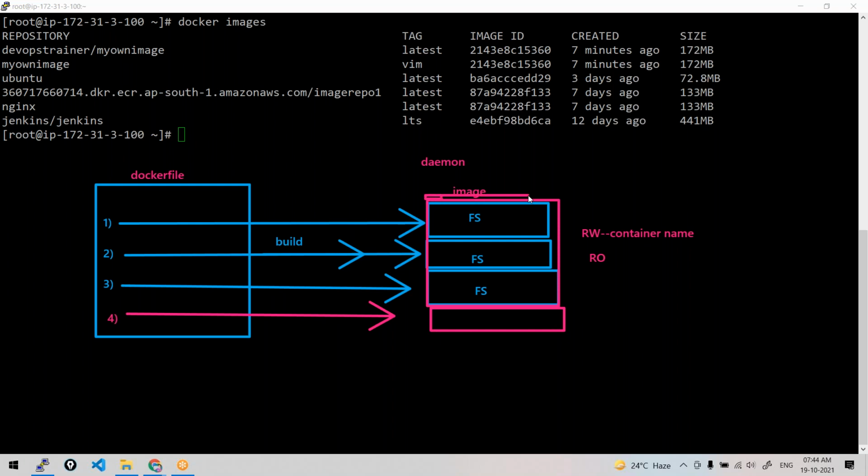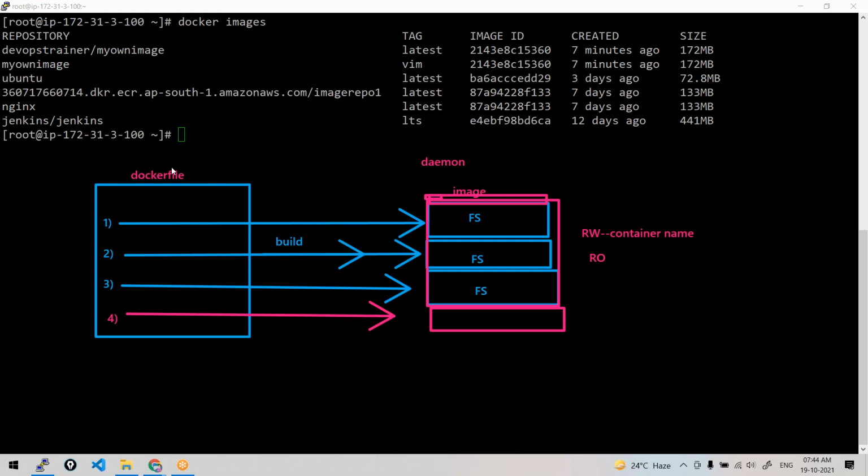Just a small correction. You make a modification and new file system layers will be added on top of it. So that is your image. Always you can modify your Dockerfile. If you need any modifications to your image, modify the Dockerfile, build it, and create a new Docker image. That image will have the new file system layers, or file system layers that are deleted, added, and so on. That is your new image. That's how you make new images with the modification, but you cannot modify existing images.